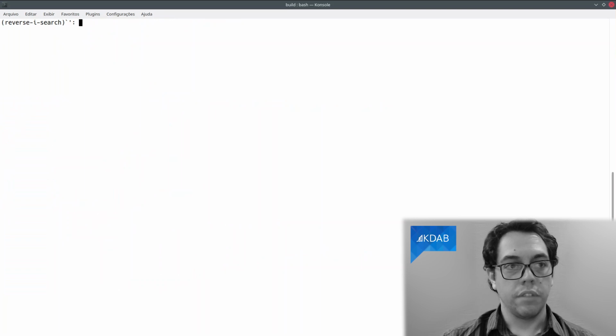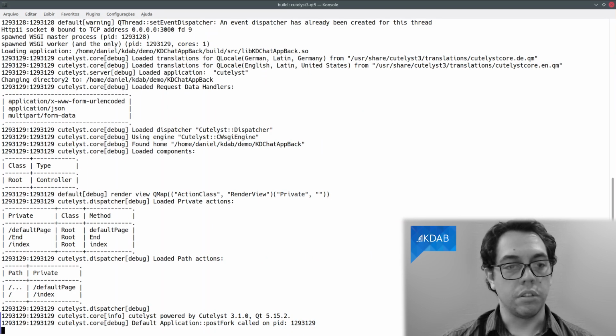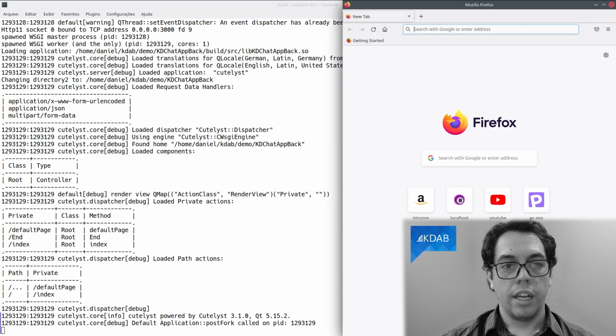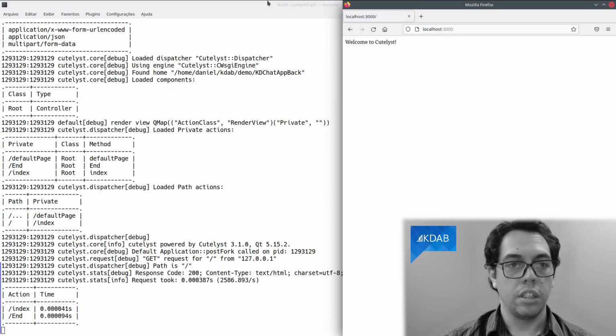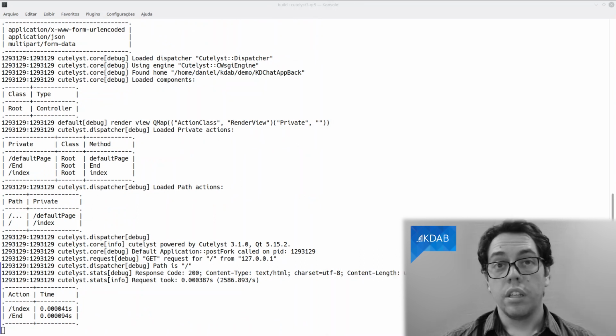Now we can test if it runs. And there you go. You have your application running. Final test is to open a browser and make sure it can talk to it. And there you go. Now we have a working application. Of course, the application has been previously written, so we are going to switch to Qt Creator and walk through the code.